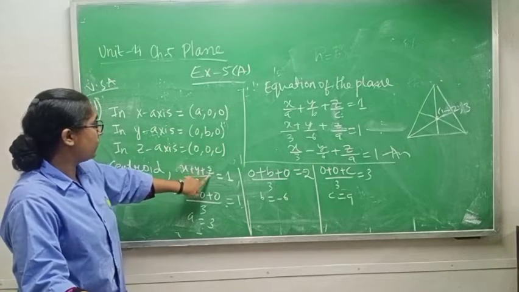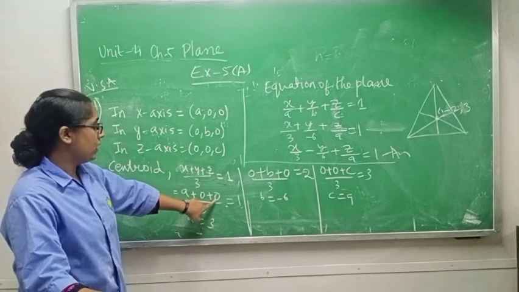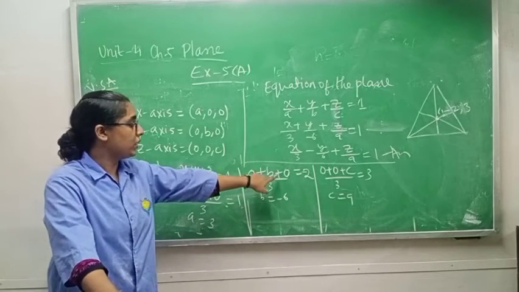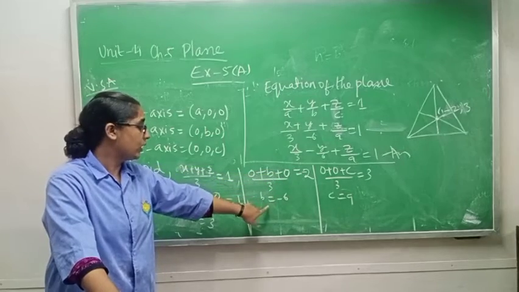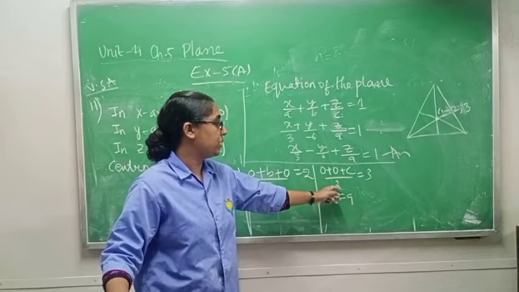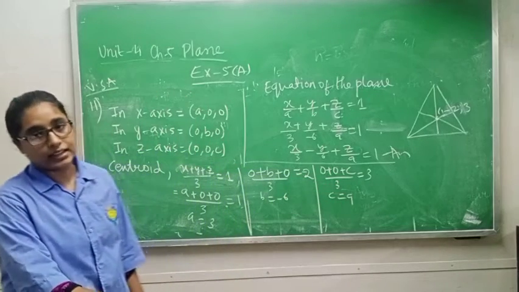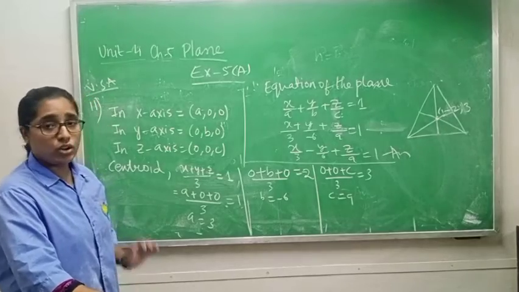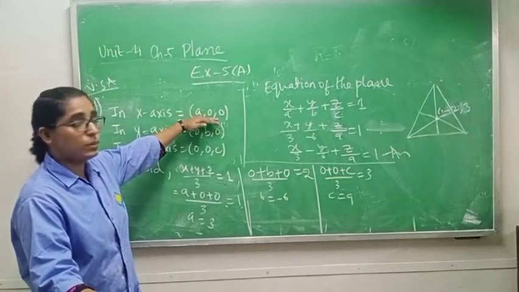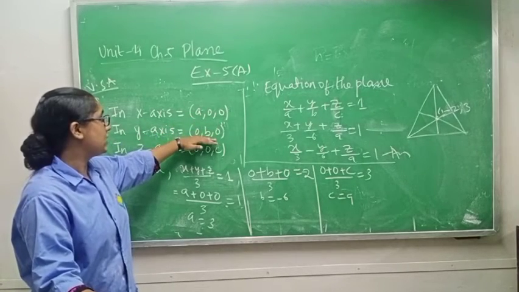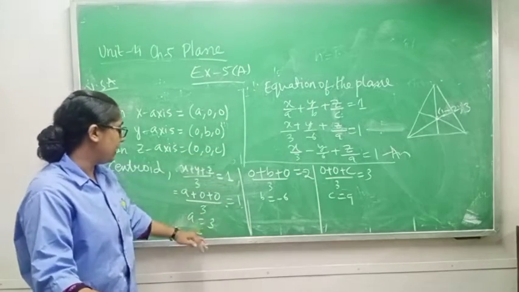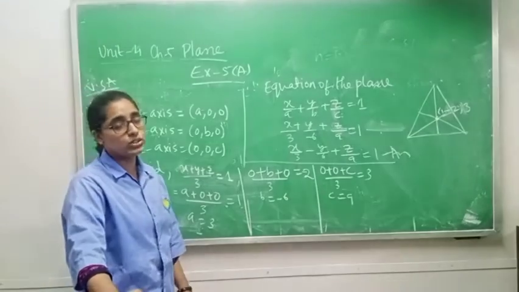Now x plus y plus z in the x-axis is A plus 0 by 3 equals 1. So you will get A value 3. Then 0 plus B plus 0 by 3 equals minus 2. You will get B equals minus 6. And then 0 plus C by 3, 3 3s are 9, so C value you will get 9. Understood? The centroid is given as 1, minus 2, 3. I am taking in the x-axis coordinates A, 0, 0, in the y-axis 0, B, 0 and in the z-axis 0, 0, C. So separately I am finding A value, B value and C value using the centroid.